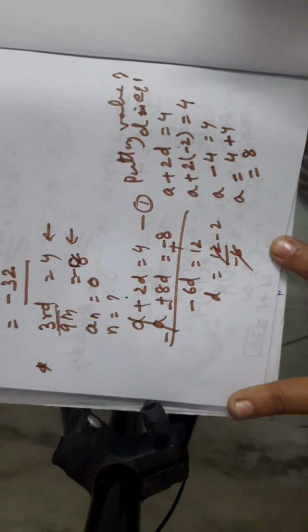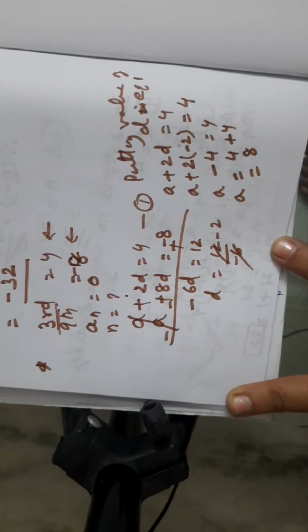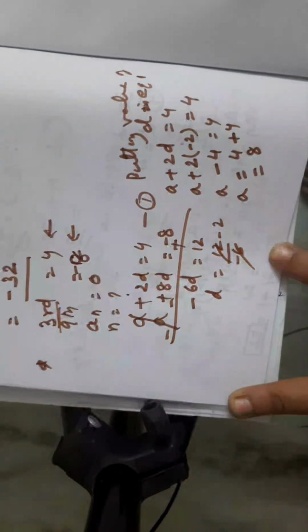We got both the values. We got the value of d and a. We need to find which term is 0. So again n is question mark. As usual, in the same equation we are going to put it. So here a n